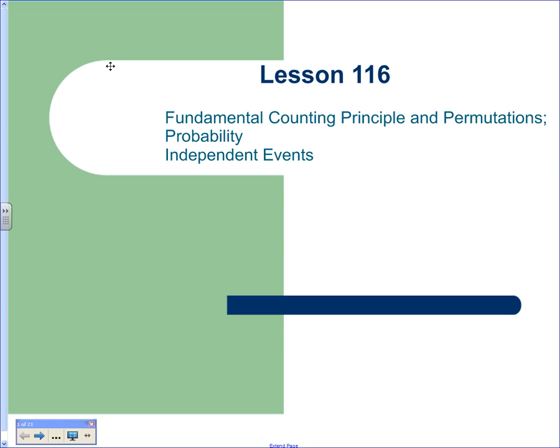So we're not going to go that in depth, but if you take a class on it in college, most of your homework is: what are the odds of getting a full house? What are the odds of getting a straight? What are the odds of getting a royal flush? What are the odds of getting 4 of a kind? That kind of thing. Yeah, that was most of my homework in probability.